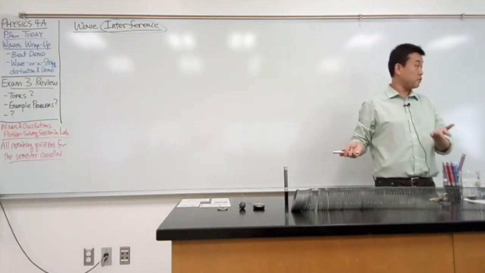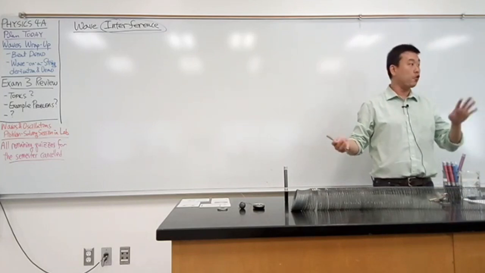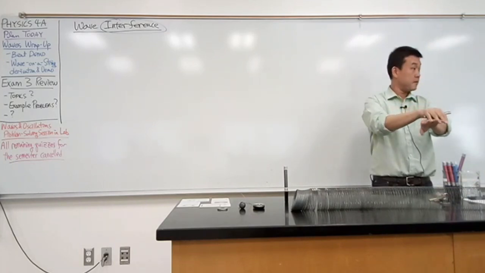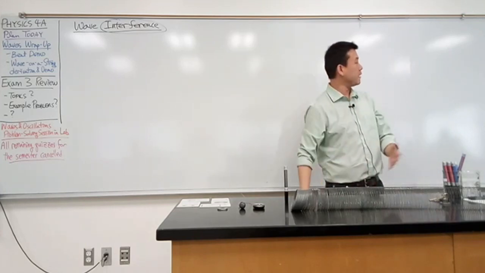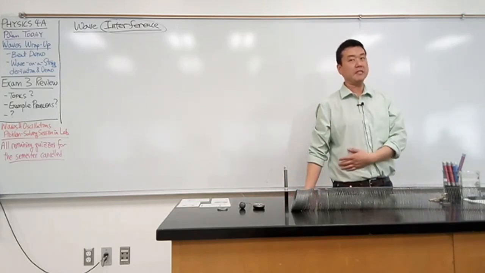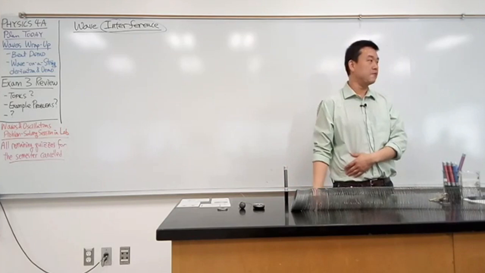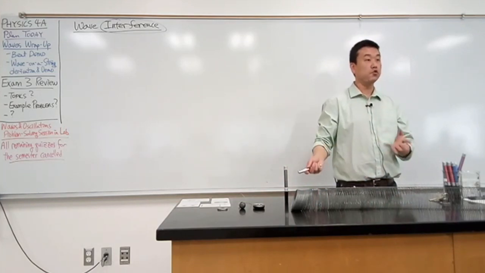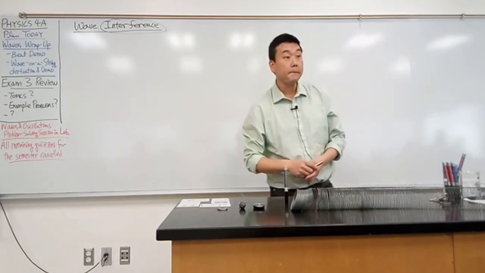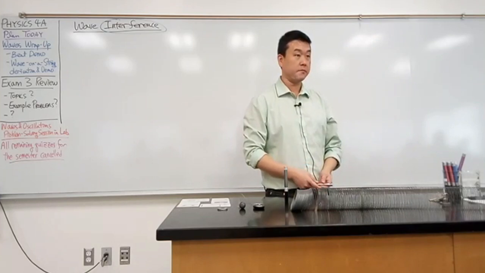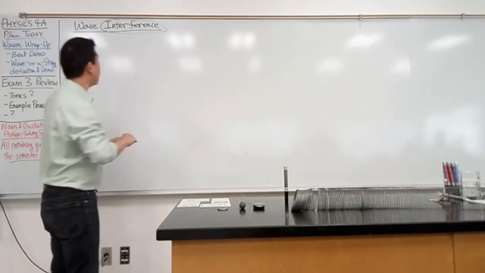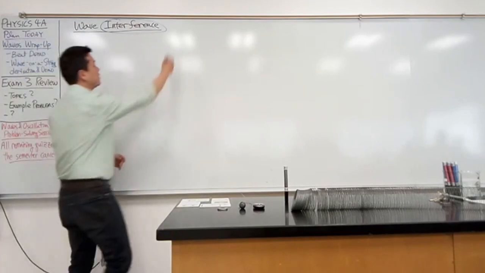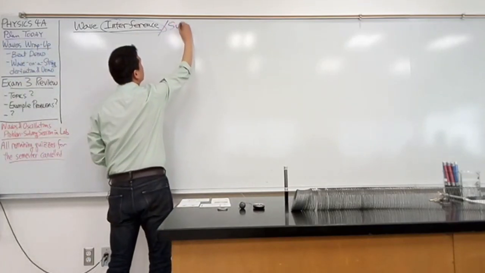For two waves to interfere, they have to occupy the same time and space. They have to overlap. So as they're overlapping, what do you do? Is there any principle that you learned that gives you a rule on how to handle two waves overlapping? Steven? Yeah, superposition principle. So when we talk about wave interference, you can replace this with the idea of superposition